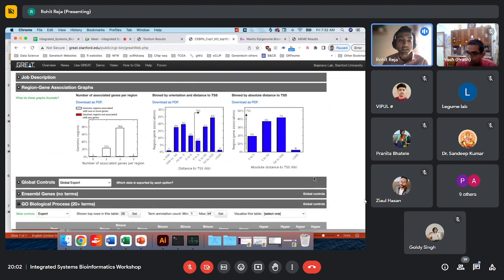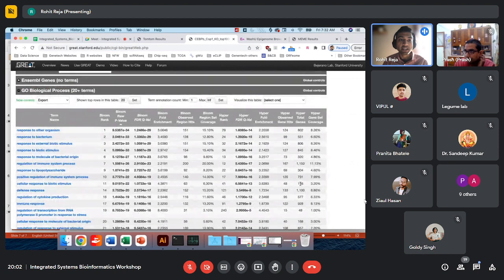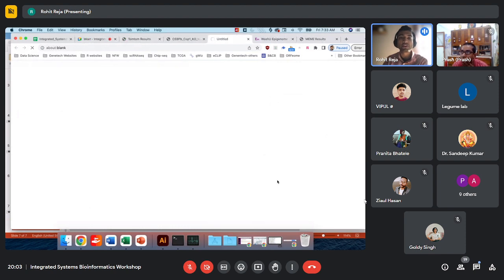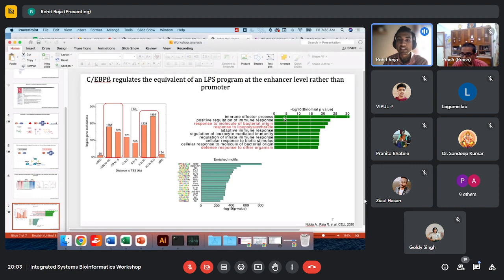And then you go down, you get the gene ontology analysis, which ranks all of the top terms that you actually get. And you can go to this column that says visualize this table. And you can visualize this as a bar chart. So this is the kind of plot that I was showing you before. It plots the p-values on the x-axis, and it plots the terms on the y-axis. And you get something like this, where it says,